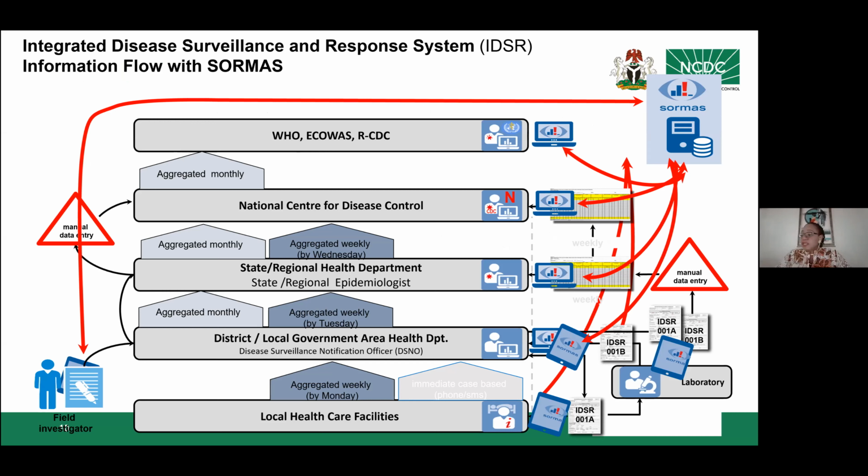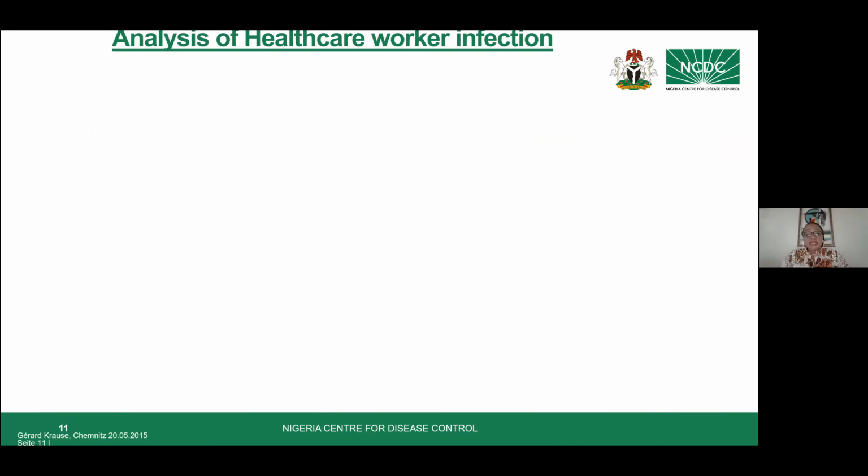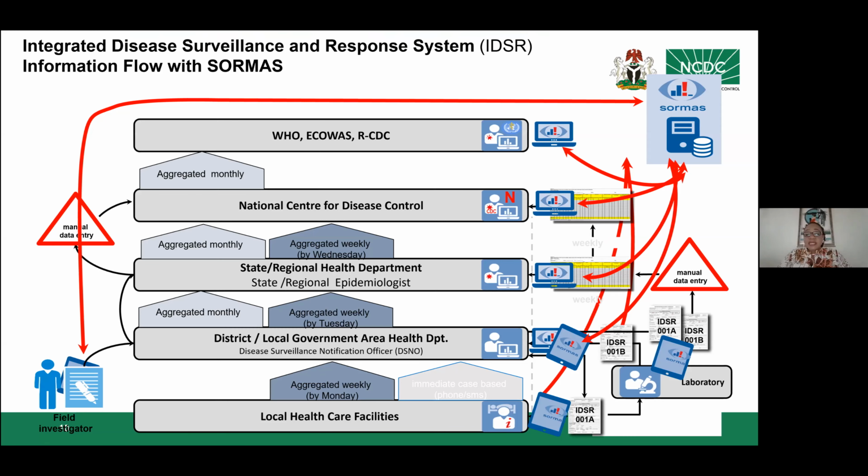This is really the real-time reporting for COVID-19 cases in Nigeria, and indeed for other outbreaks in the country. So for us, this is our primary source of data for healthcare worker infection, because it provides real-time active investigation of active cases. And that is where we draw down our first data. What this basically gives us are those people, those confirmed positive cases in the country who identify as